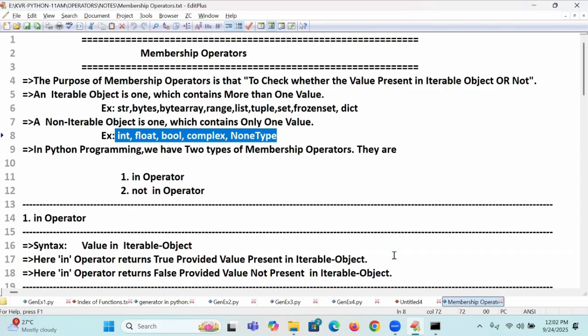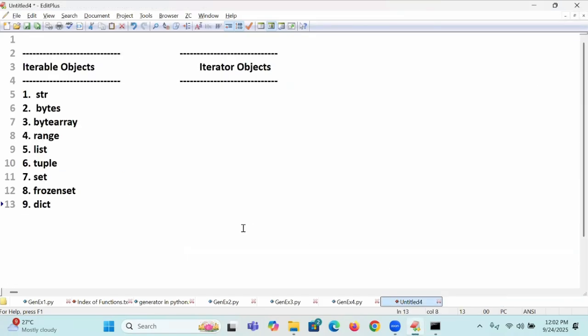How beautiful my notes are. If I am a student and my sir is teaching like that, I will read my notes three times: morning, afternoon, evening. Before eating, I will read.